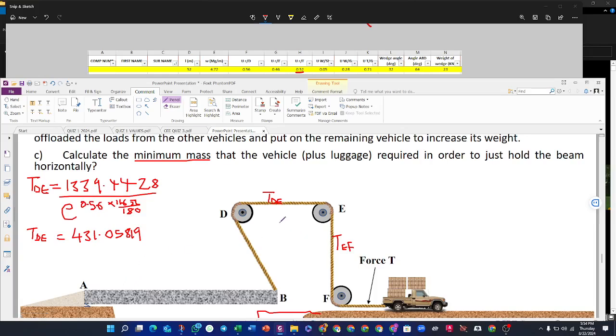Okay, so from here, where we made the mistake in the morning is that we did not consider that pulley E does not go clockwise. Because it does not go clockwise, and since the bridge is pulling, this also now has to have friction at pulley E. So the calculated TDE will be the T1. Now we need to get the T2, which is TEF, and the TDE will act as the T1. So TEF will be equal to, again,